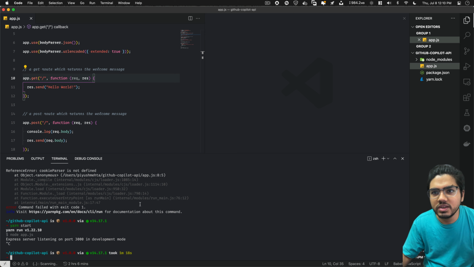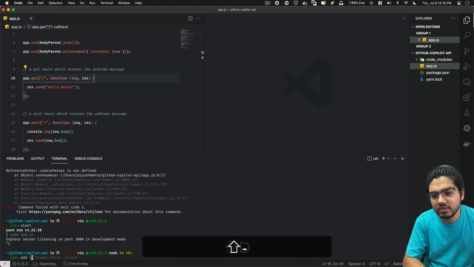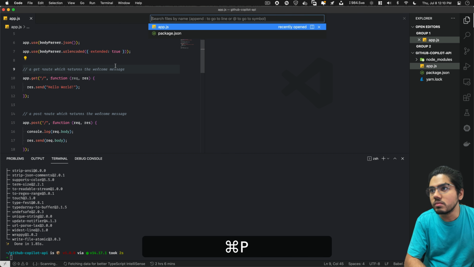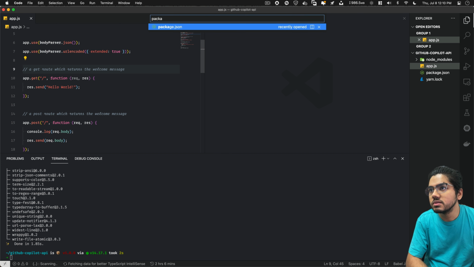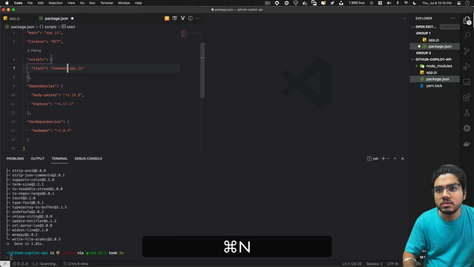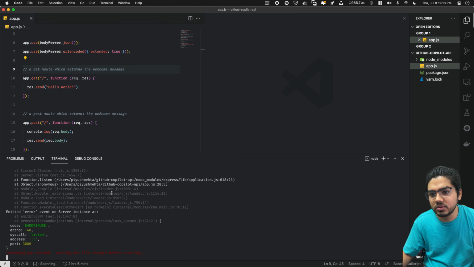So we'll add nodemon, because it will be helpful later on. In package.json we'll call nodemon app.js. We started using nodemon.